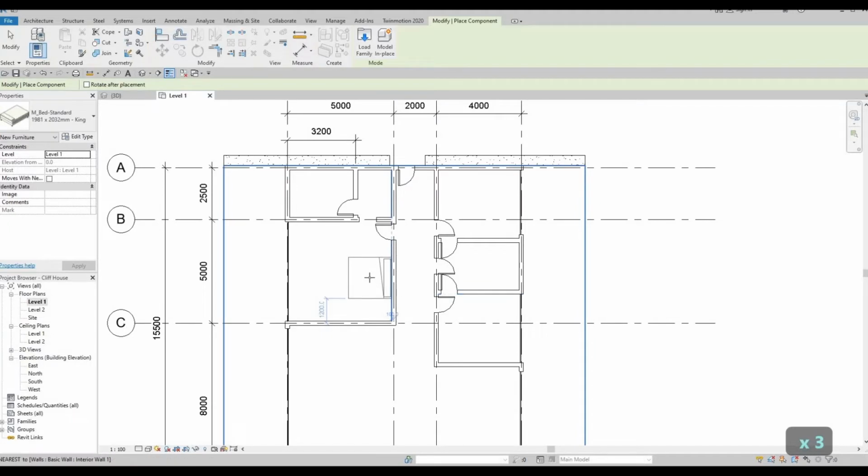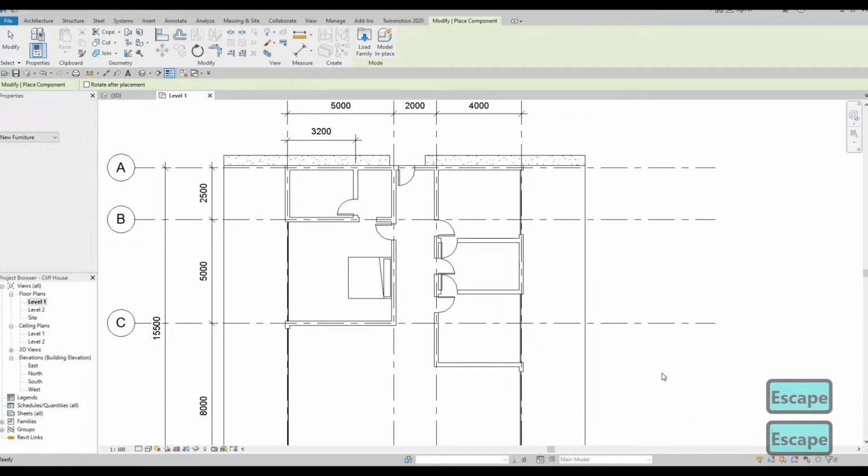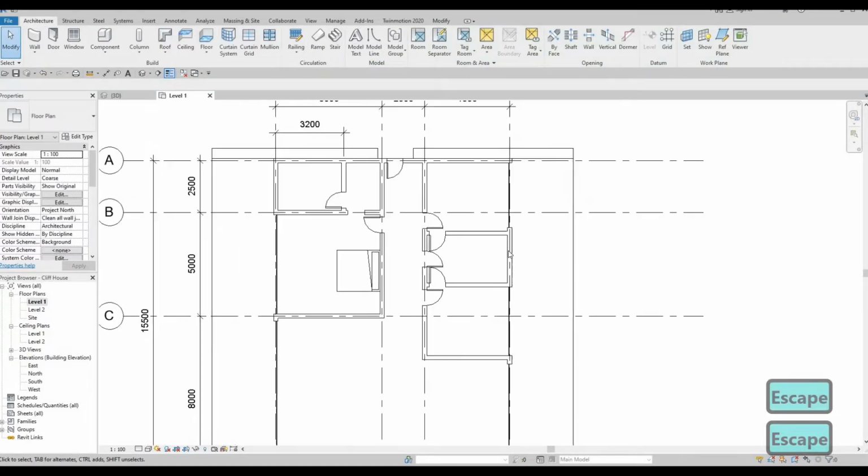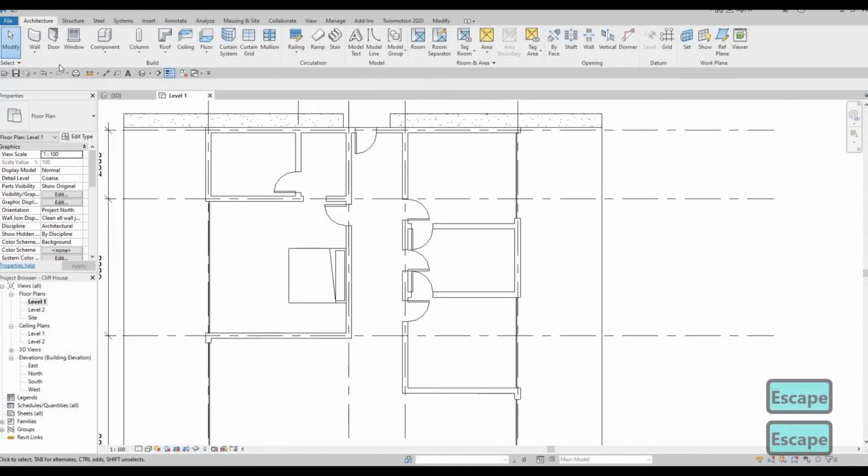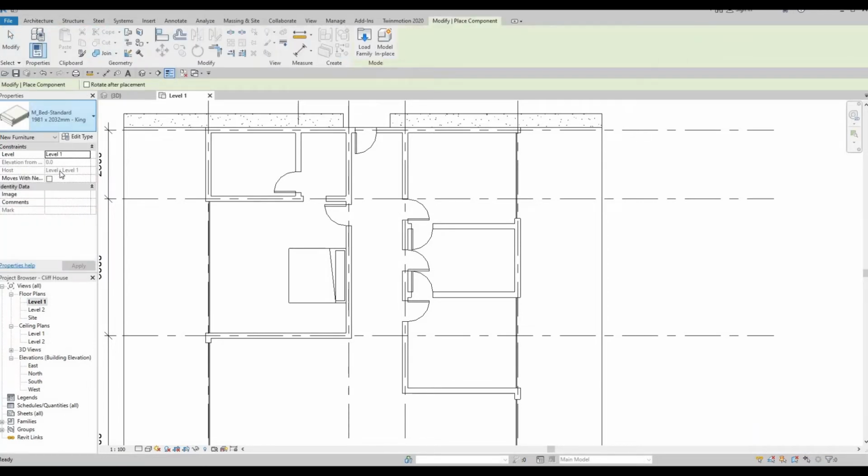So I'm just pressing the space bar, and as you notice, something is popping up here. So every time I press anything on my keyboard, you'll be able to know what I'm pressing here. So now I'm just pressing escape, and then we could just add in more by going to component again, and